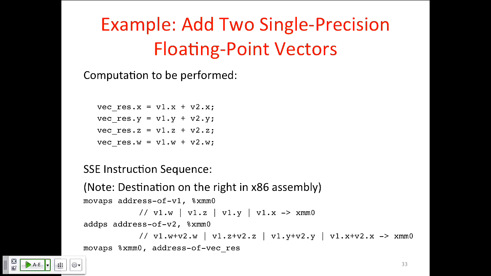And remember, in x86, the rightmost operand is a destination. So this goes to register XMM0. After you execute this instruction, these 4 elements will be packed together into a single 128-bit register XMM0. Now the aligned, this A in the middle here,